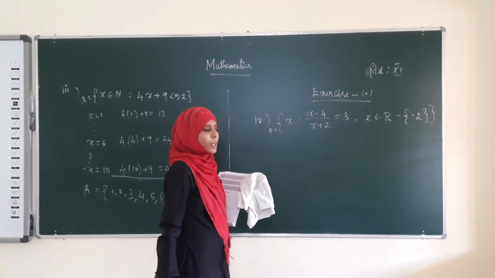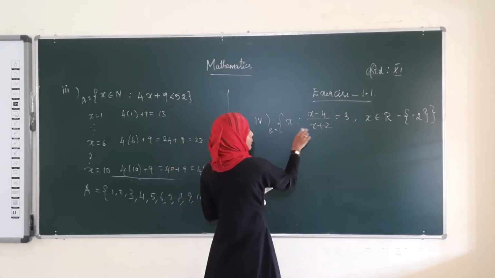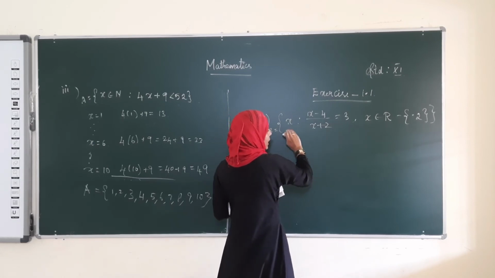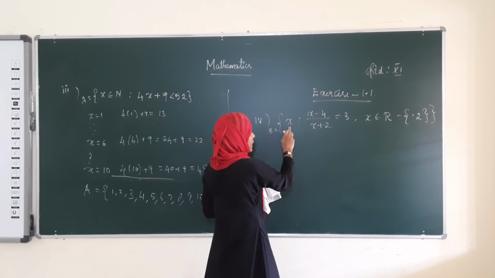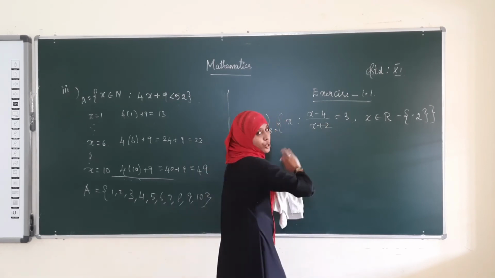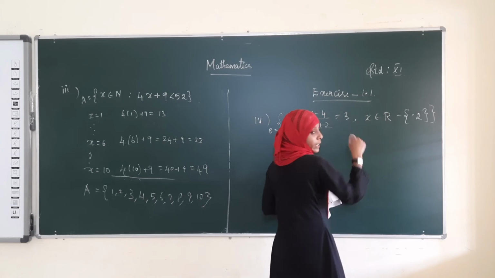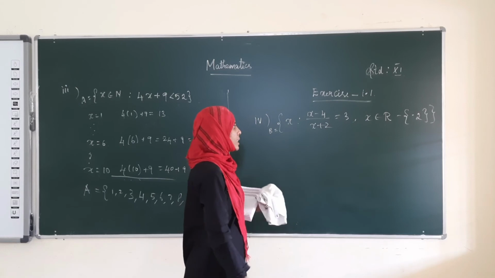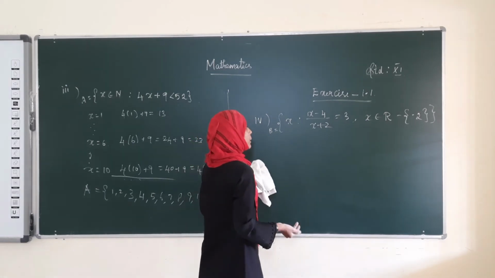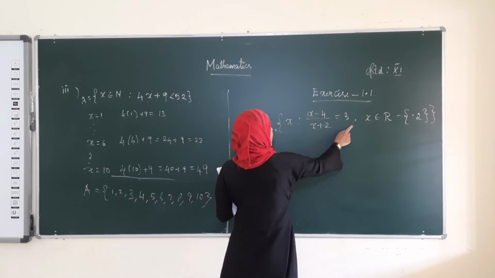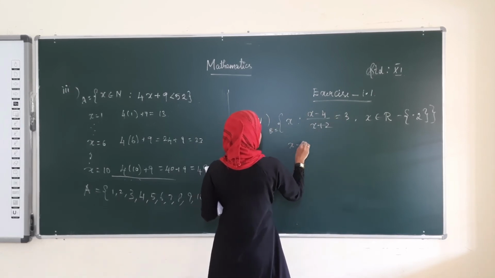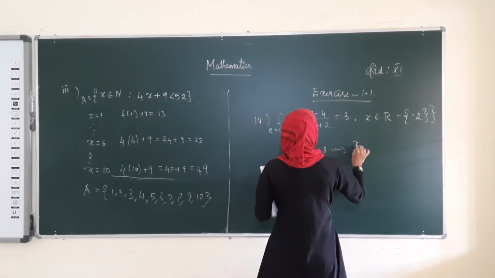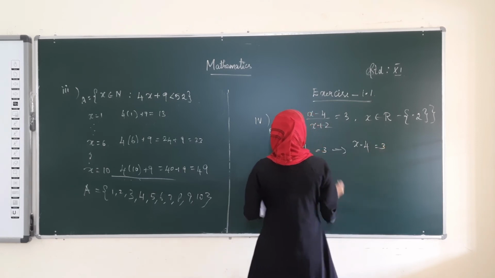We have to find the set B whose elements of x should be, when we simplify this, the x which satisfies this. The value that we are going to substitute for x must satisfy this. We can substitute any value from the real numbers, but it should not be minus 2. Except minus 2, we can substitute any real number, and the number should satisfy this condition. Okay. See, let us take this alone. x minus 4 divided by x plus 2 is equal to 3. In this, what we get? x minus 4, let us take it as it is, equals 3.